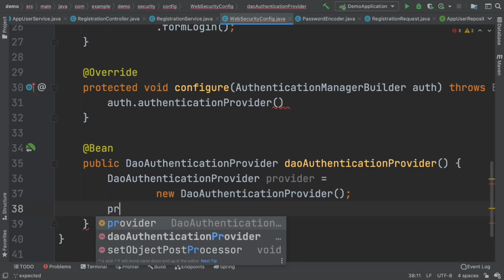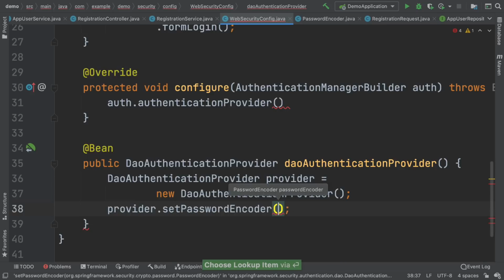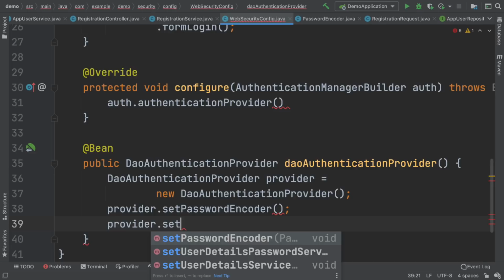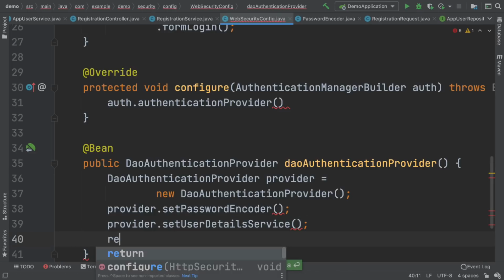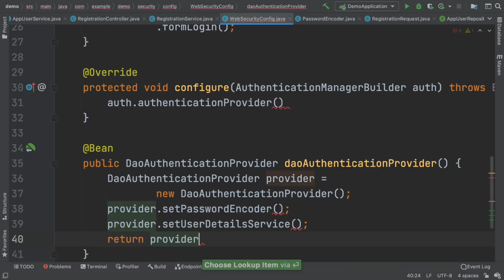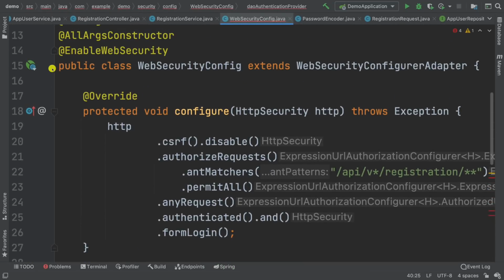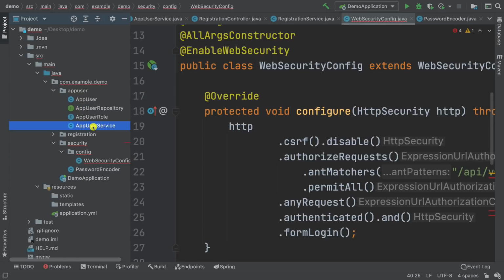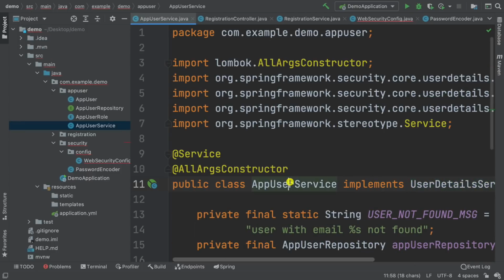And in here, I want to say provider.setPasswordEncoder. And here, I'm going to say also provider.setUserDetailsService. And then I want to return the provider. Now remember, when we added the user, so AppUserService, we implemented UserDetailsService, which means that we can use this guy